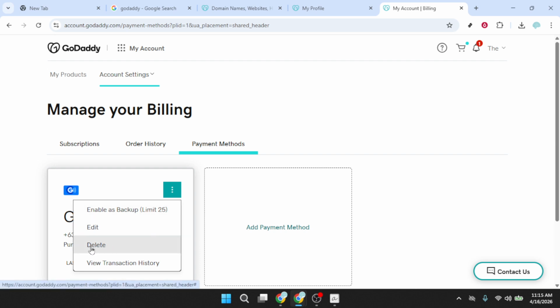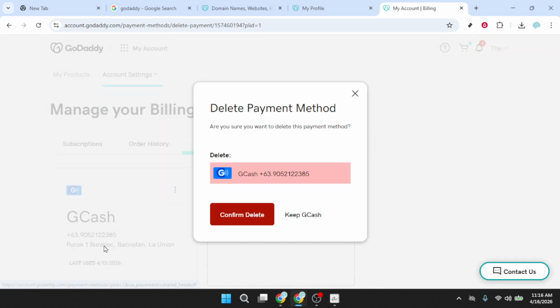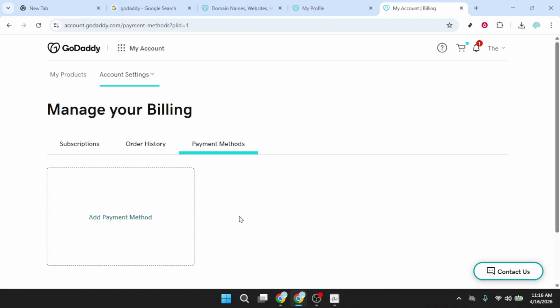When you click Delete, GoDaddy will display a confirmation prompt. This is a safety step to make sure you really intend to remove that payment method. Review the message carefully, then confirm the deletion to proceed. Once confirmed, GoDaddy removes that payment method from your account, and it will no longer be available for purchases or